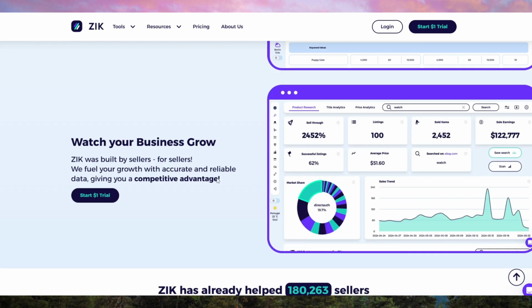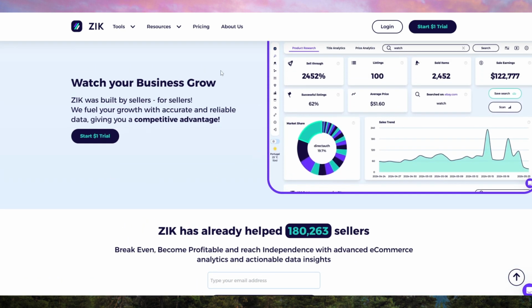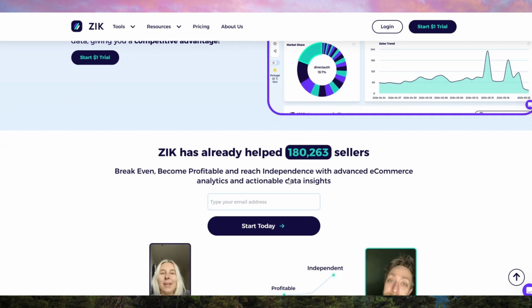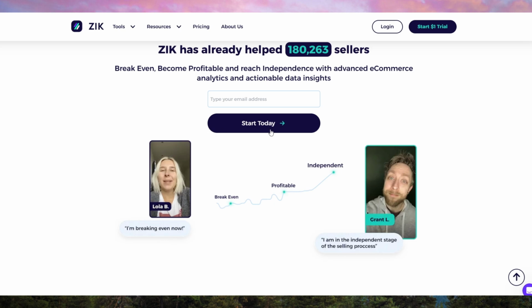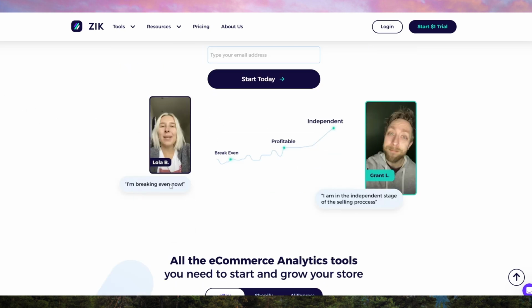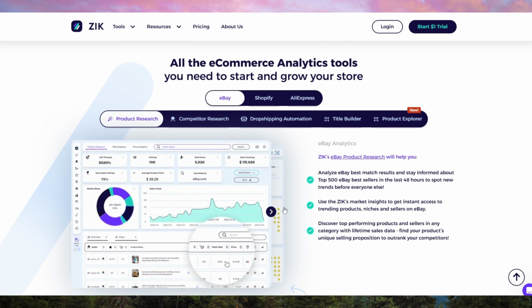Zik Analytics focuses on providing detailed insights into eBay product listings, helping you find profitable items to sell. Its product research tool allows you to analyze millions of products, showing you key metrics like sales volume, profit margins, and competition. This feature alone can save you hours of manual research and help you avoid products that aren't likely